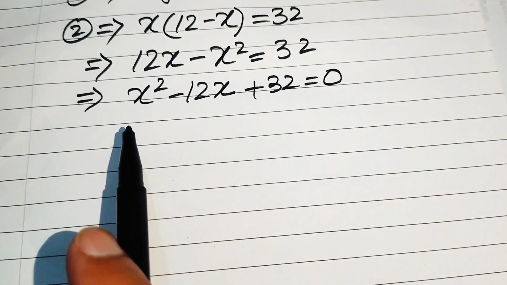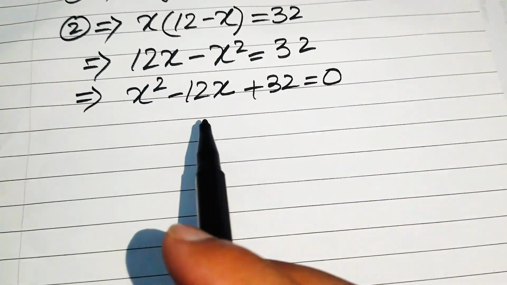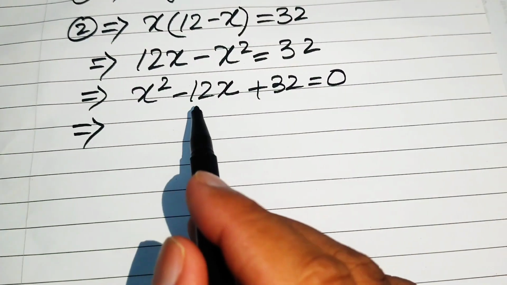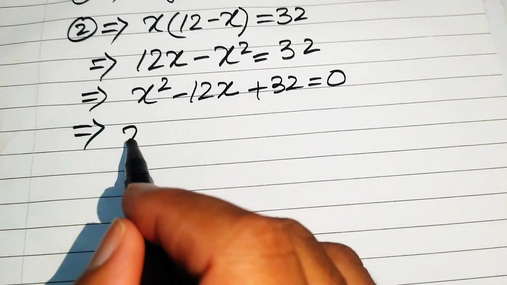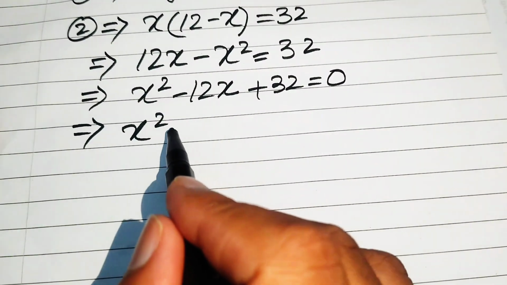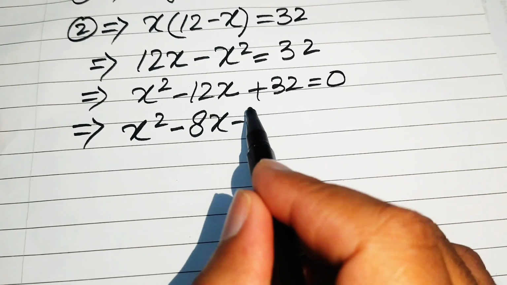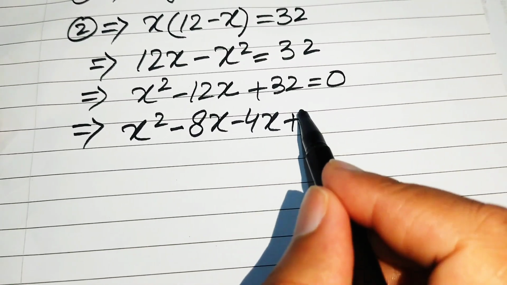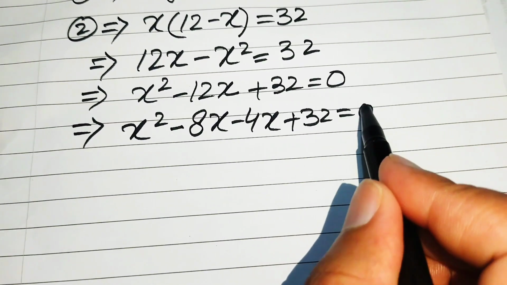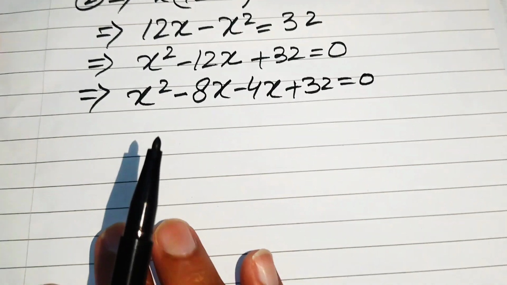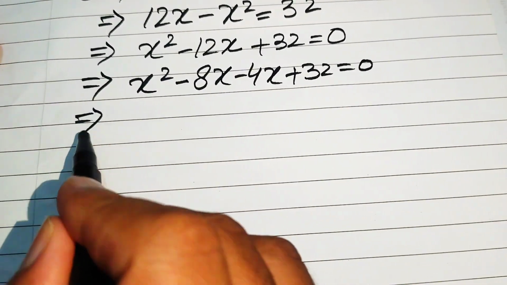So here we use the factorization technique in order to find the factors of this equation, so that here we just break its middle term and we write this minus 12x as minus 8x minus 4x plus 32 equals 0. Here we break the middle term minus 12x, and now in the next step we take common